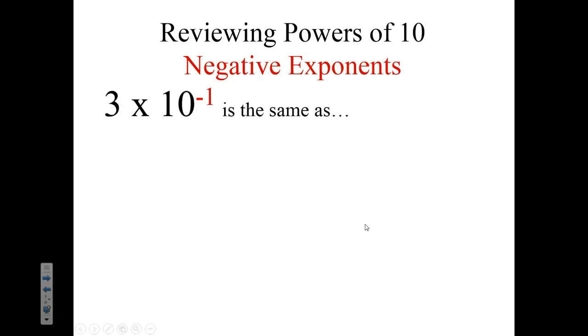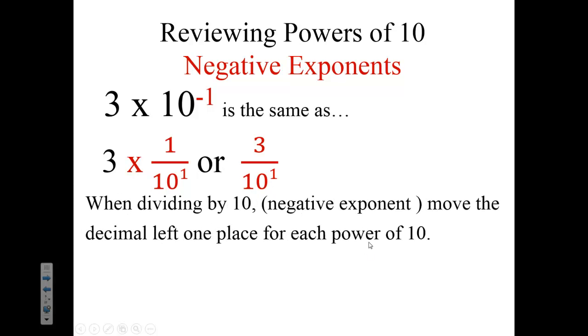3 times 10 to the negative 1. Well, 3 times 10 to the negative 1, as you saw in the previous slide, 10 to the negative 1 is 1 over 10 to the 1, or 1/10. So 3 times that would be 3 over 10 to the 1, or 3 divided by 10 one time. When you divide by 10,